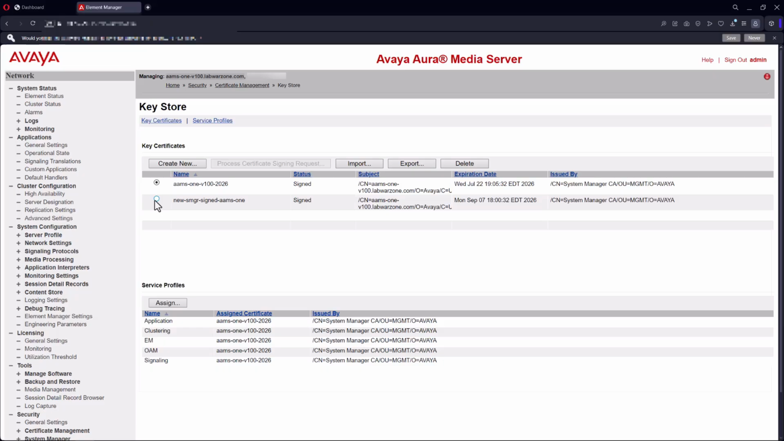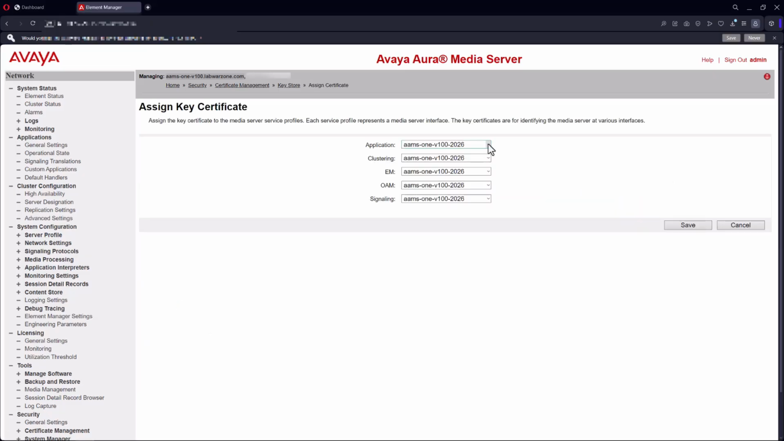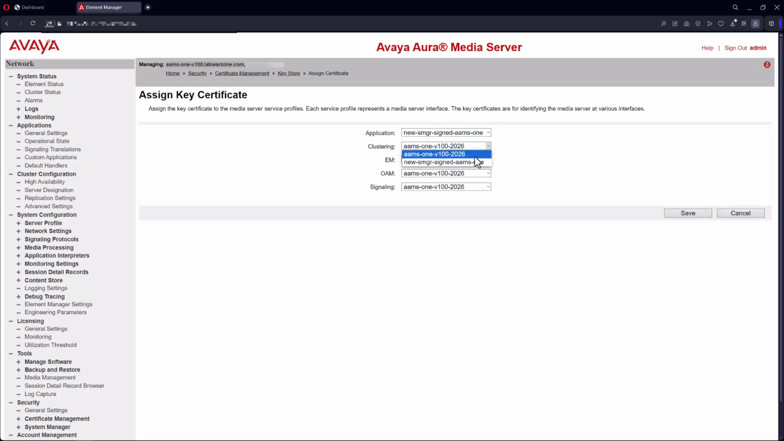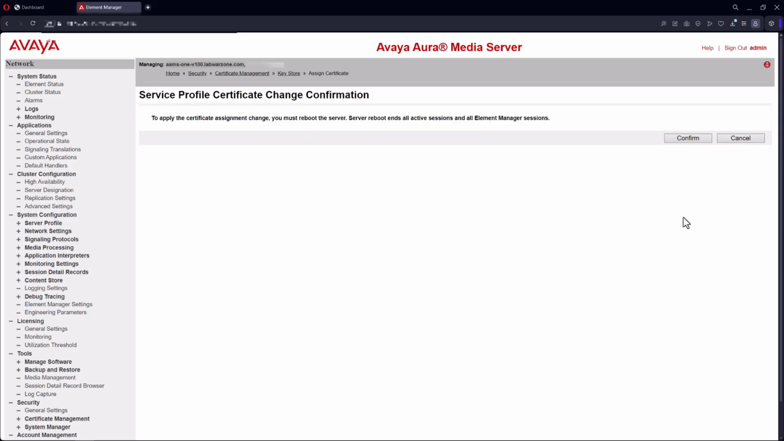We're not done yet though. We need to assign the certificate to the service profiles by selecting the new certificate. Then select Assign under Service Profiles. Under the Service Profiles, assign our newly generated certificate to the application, clustering, EM, OAM, and signaling profiles. Once completed, select Save. After hitting Save, a message appears noting that you must reboot the server to complete the